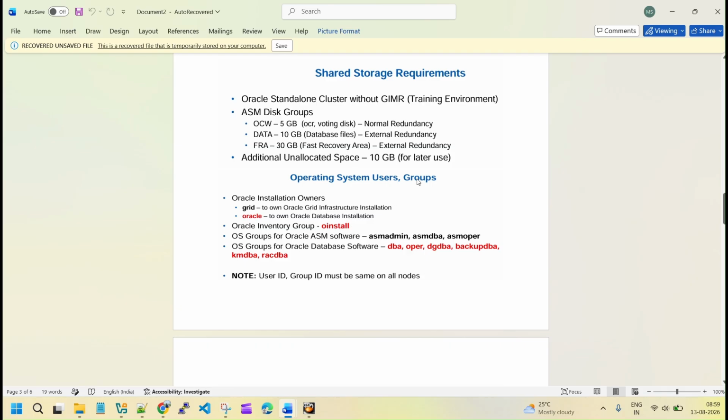Next, groups. In large organizations the work is divided. In small organizations only one DBA will do every job, but in large organizations the work is divided. For backup purposes there will be some DBAs, for Data Guard purposes there will be some DBAs, for RAC purposes there will be some DBAs. If you want to perform those activities, you should be part of the respective groups. Here we are doing all the activities, so we should be part of every group, and there will be a common group for both grid and oracle,